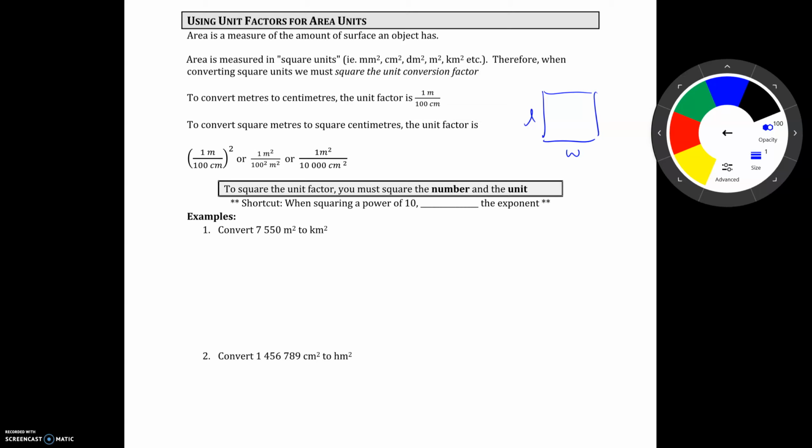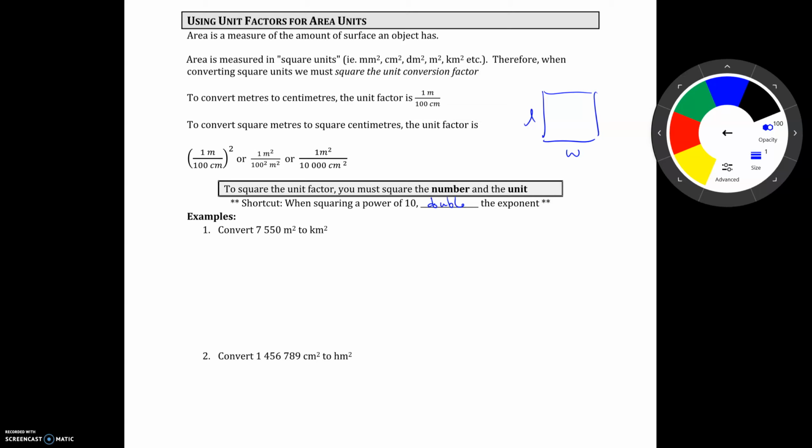Okay, this will be true whether we're converting metric units or non-metric units. The nice thing is that because our metric conversion factors can always be expressed as powers of 10, when we square the unit factor, we have a little bit of a shortcut to figure out our new conversion factor. We can always just double the exponent if I write my conversion factor in